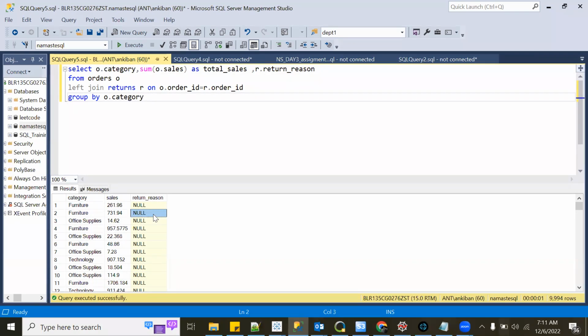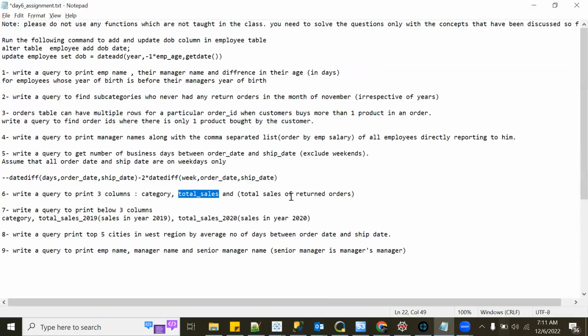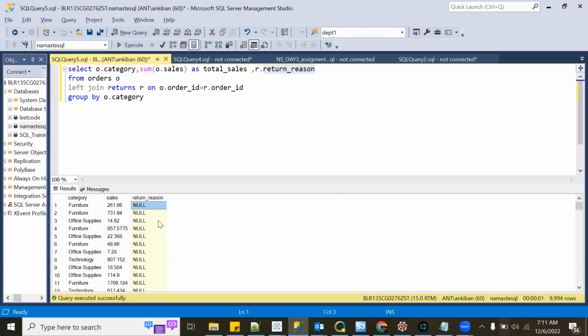So if you look at here, return reason, right? What I'm saying is total sales of return orders. If the order is returned, what will be the value of return reason? It can be either of 3, right? If it is not returned, then it will be null. And we want returned ones. So what if I say